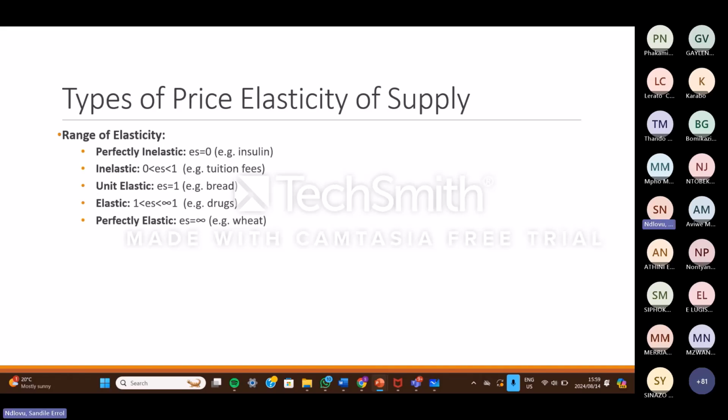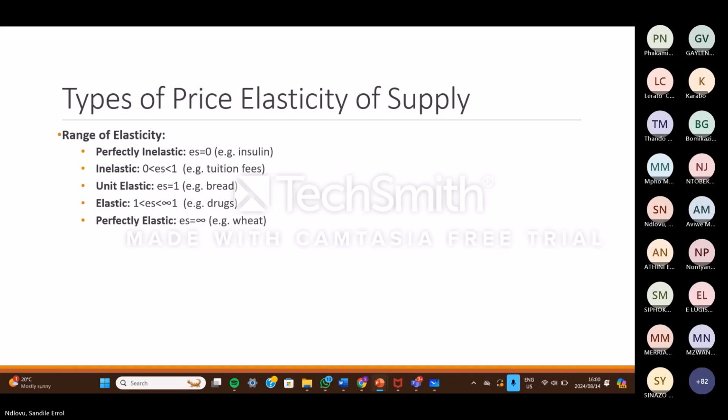Okay, and that is for bread, because if the price of bread increases by 1 rand, or maybe to put it this way, if the price of bread increases by 5%, suppliers will increase their supply by 5% because they know that consumers will still always demand bread because bread is such a valuable